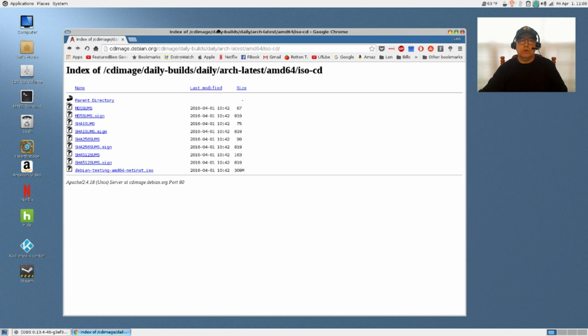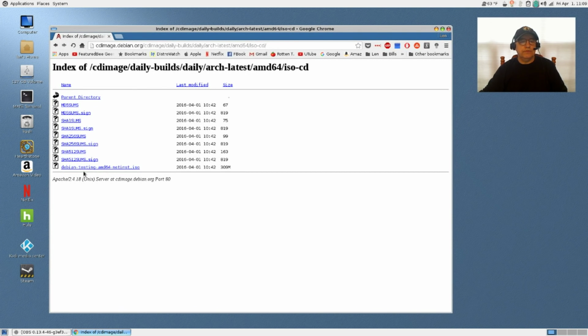So now that you've been made aware of a couple of caveats when installing Debian, namely the USB keyboard issue and the Wi-Fi issue, once you have those satisfied, then it's a graphical install.